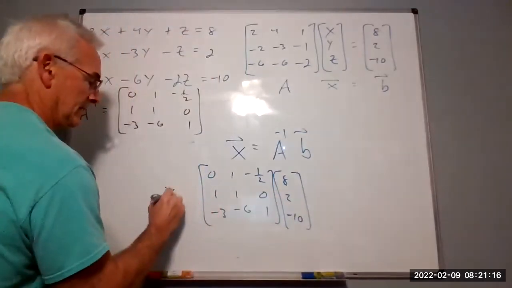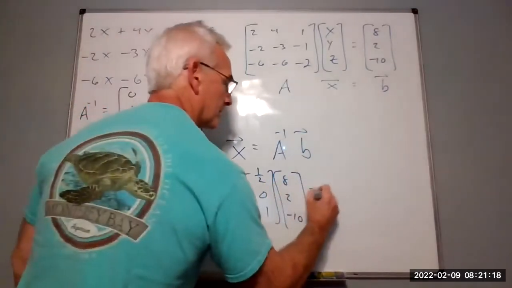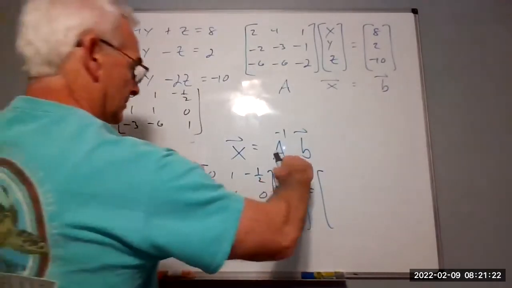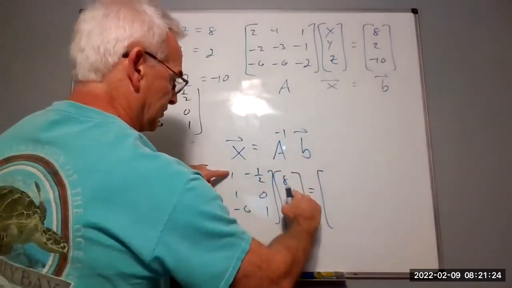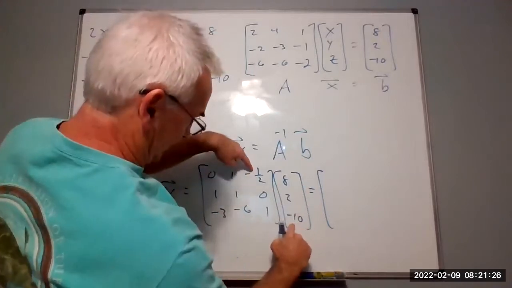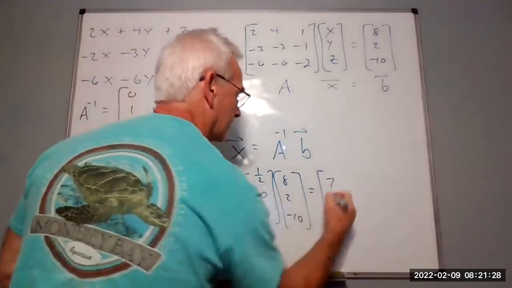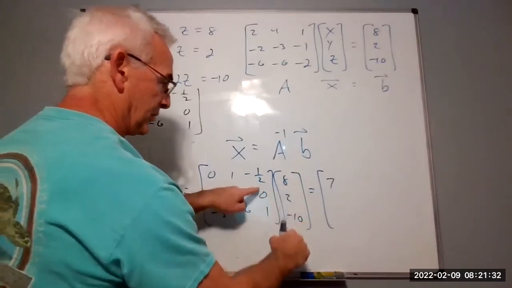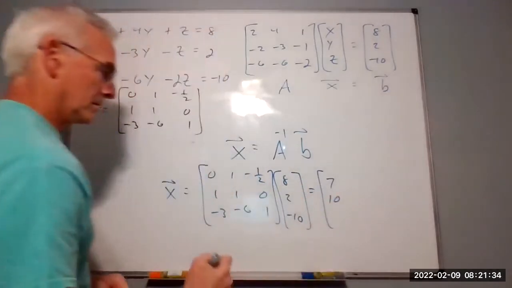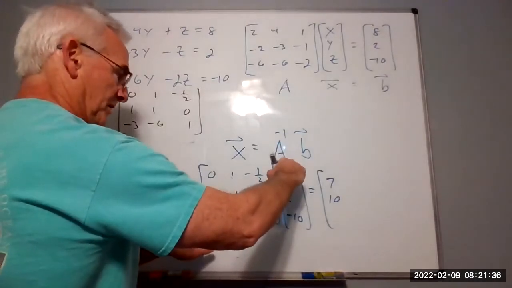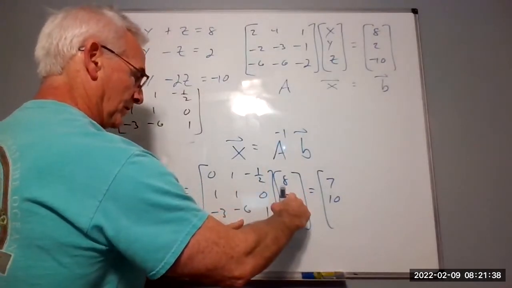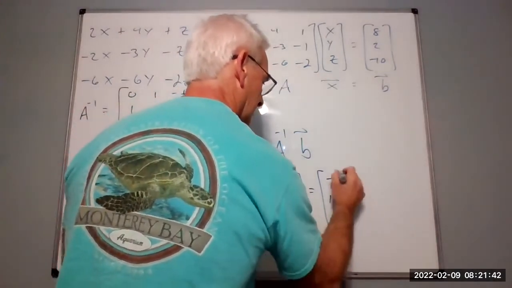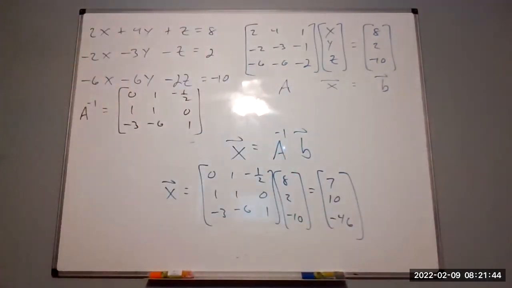So I'm saying the vector of variables, so 0 plus 2 plus 5, 8 plus 2 plus 0, negative 24, negative 12, that's negative 36, negative 10, negative 46. Okay, well, if I did this right,